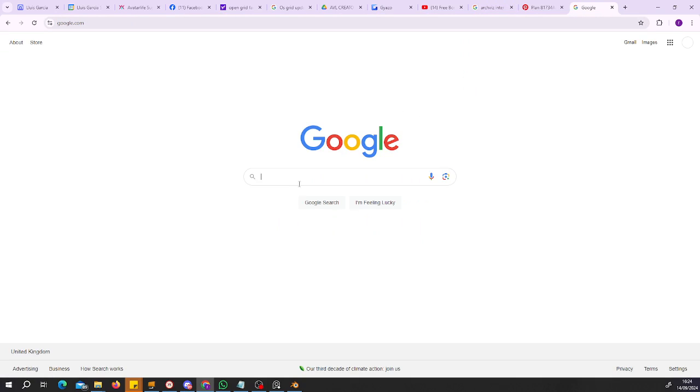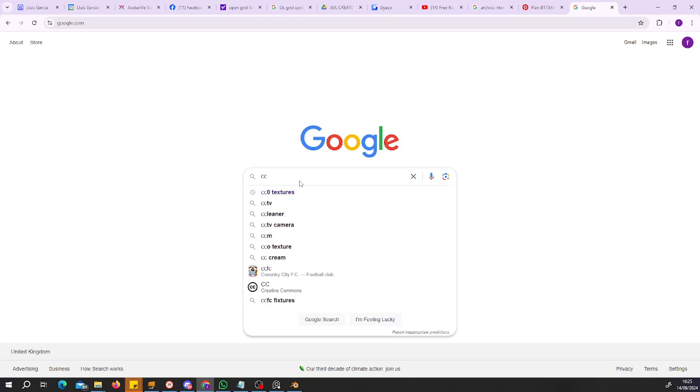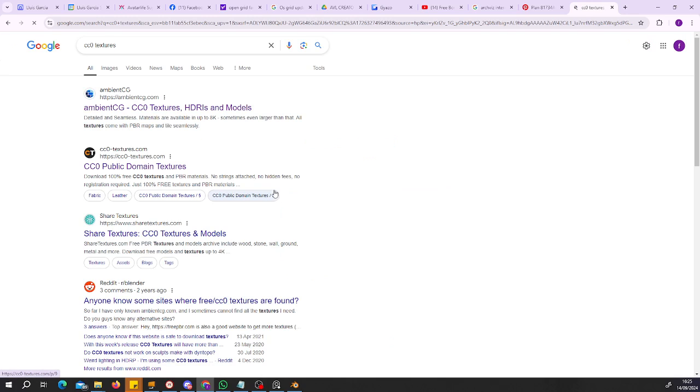I'm going to put in CC0 textures. There it is. CC0, Creative Commons 0. It means that the textures that are labeled CC0, and you can see there's a big long list of them,